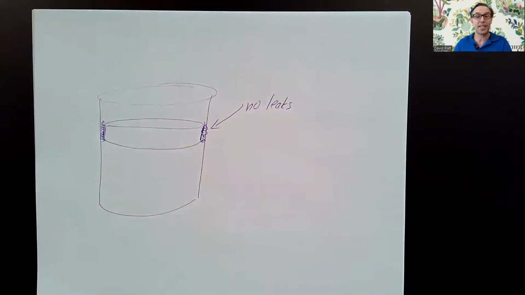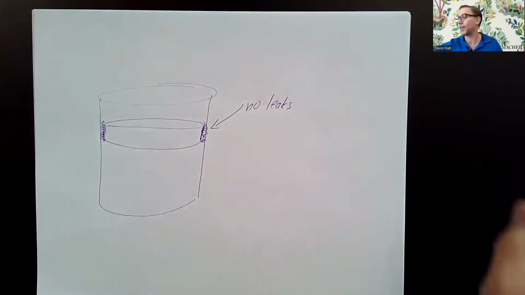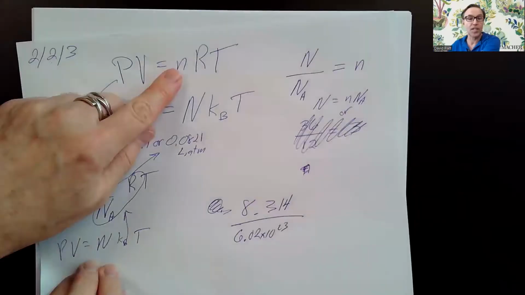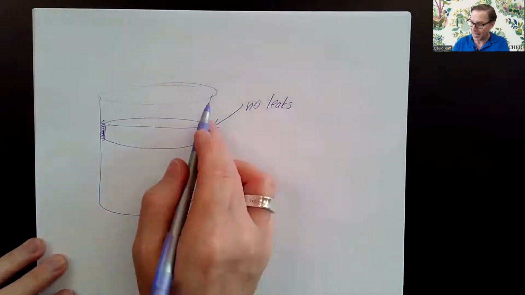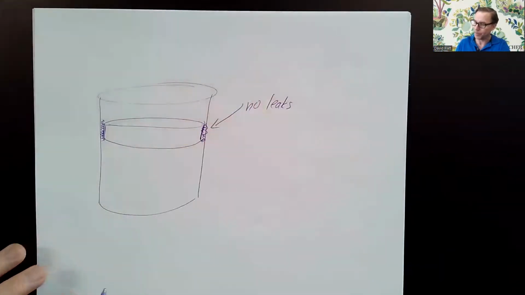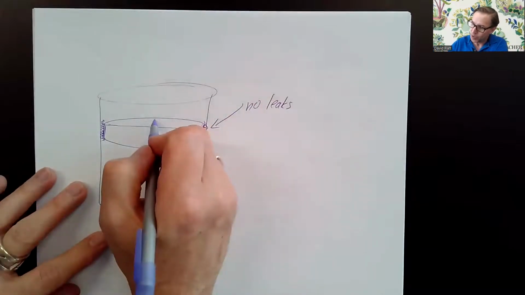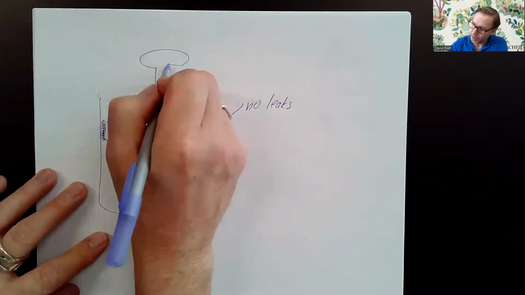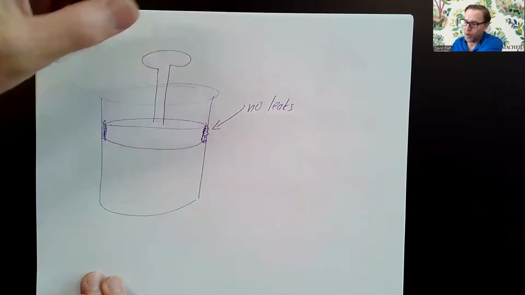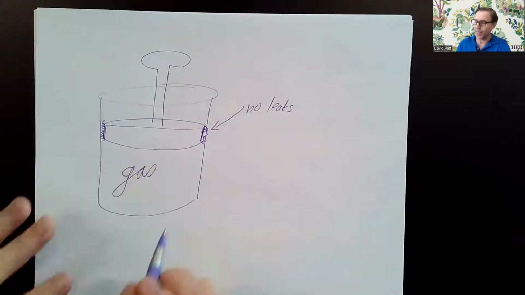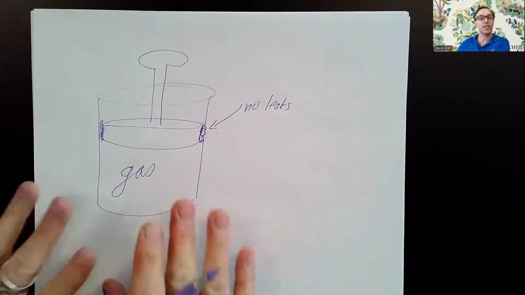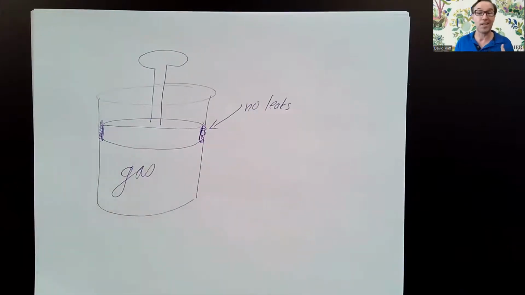If we have no leaks, that means N in PV equals nRT. N is a constant because we're not adding gas, we're not letting gas leak out. And then we often draw a little stick on the top so I can push down or pull it up. And then I have my gas in here. So this is the situation that we're going to talk about a lot in this third chapter of Unit 2,